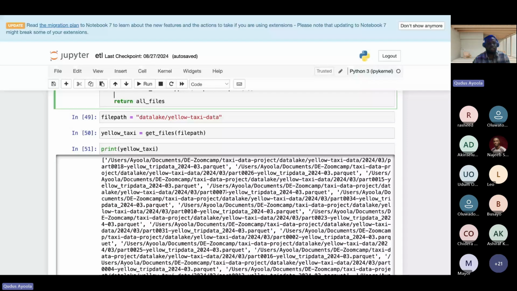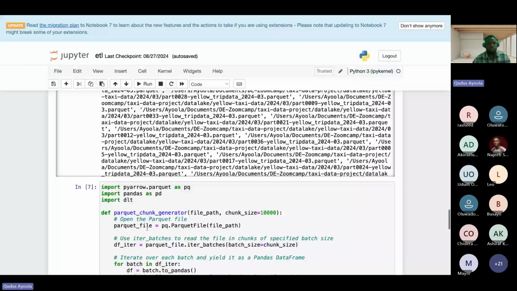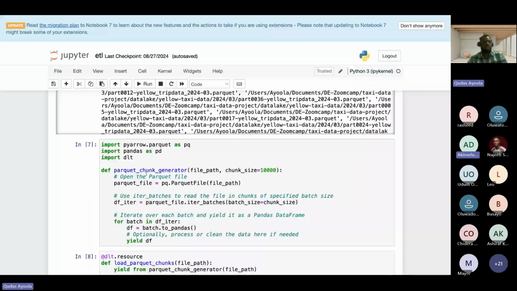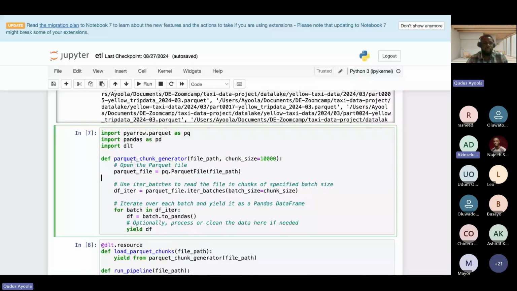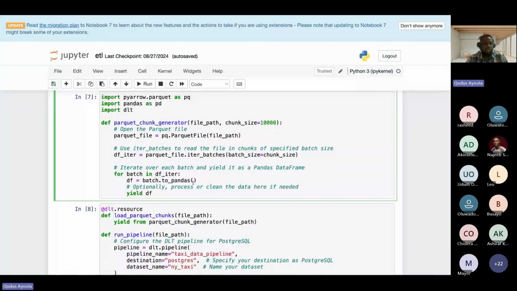So what I'm doing then is I'm iterating through each of those file paths and loading it into my database. So this is where DLT comes into play. I have this function that I've written here. This function has the chunk size, it has the Parquet file path, it has the batches of data I want to bring in, then it's converting to pandas in order to transform. But notice this is yielding the data.